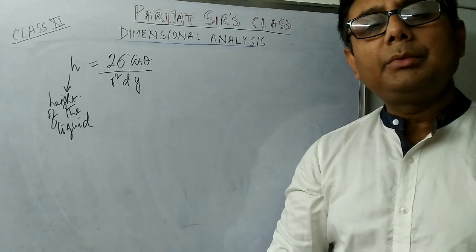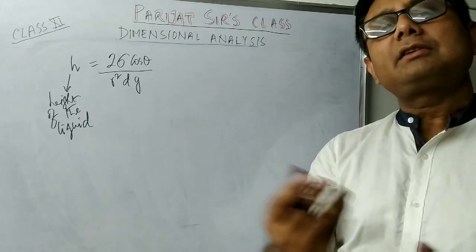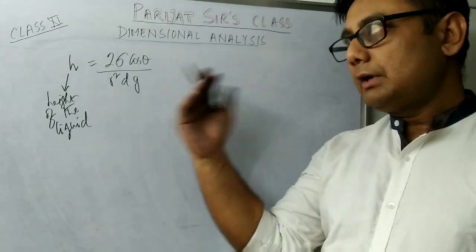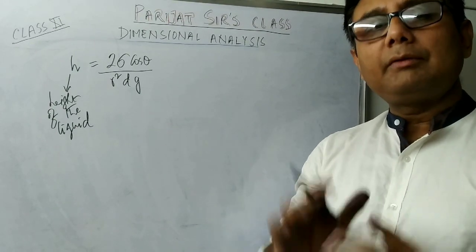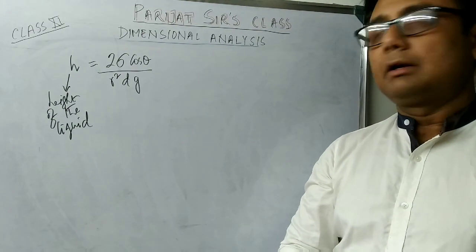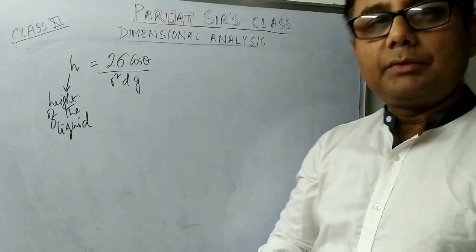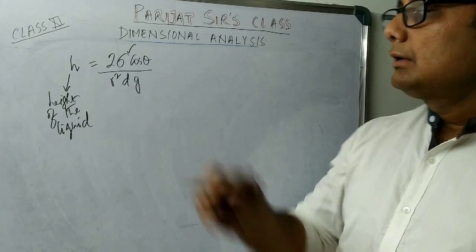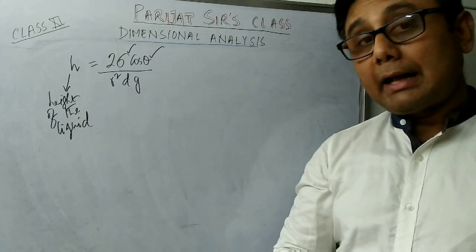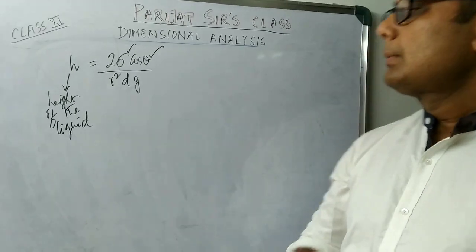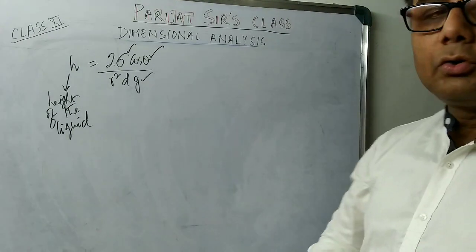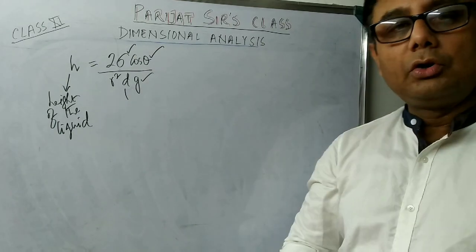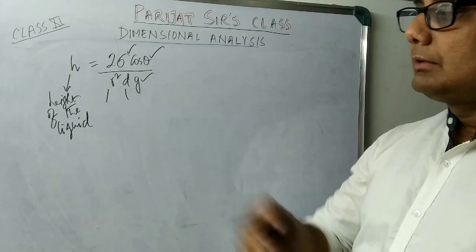We will always be coming across certain terms which you are not accustomed to right now, because you are doing the class 11 chapter for the first time. So you don't have to worry, I will introduce you to all the terms. So this is the height of the liquid. As I told you, this is surface tension. This is the angle, and angle does not have any dimensions. This is acceleration due to gravity or acceleration. This is density, I just now told you. And this is the radius.